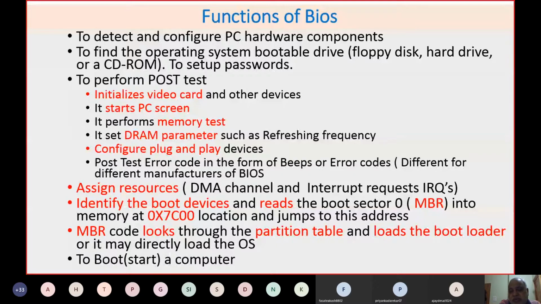It will check the various devices and the working conditions of those devices. If it finds any faulty devices, it will give the corresponding error either on the screen, or it may give certain beep sounds from the loudspeaker, from which an experienced user or technician can very easily understand what the problem is with the machine.